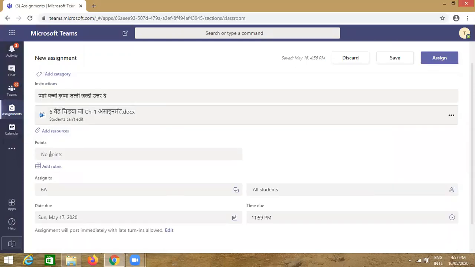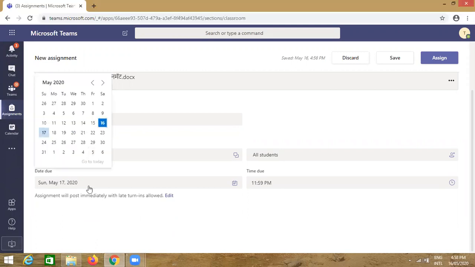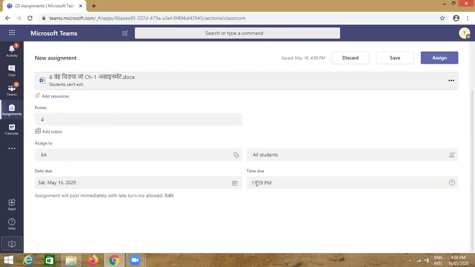So how many marks we can write here? It is for 4 marks. It is assigned to all the students of 6A, and here we are giving the date 16 and the time is 16:59, or you can write any time.